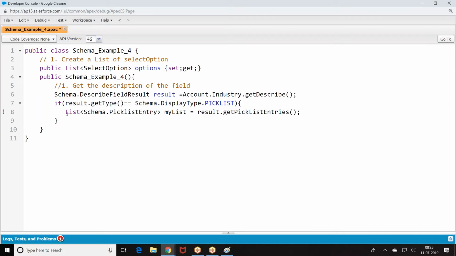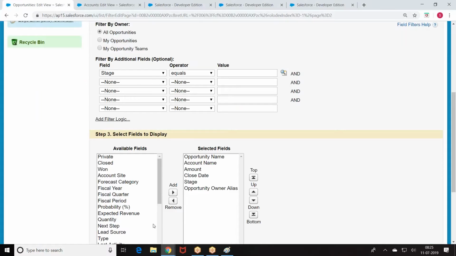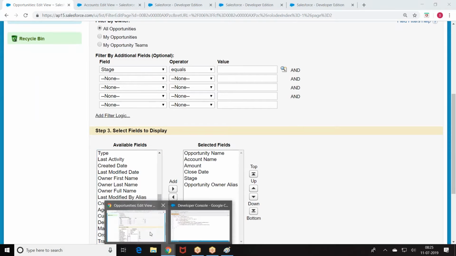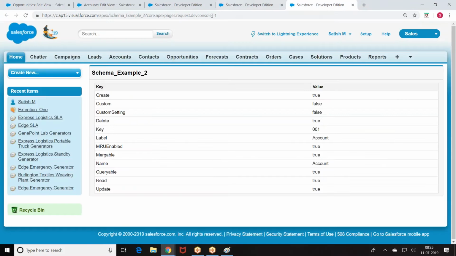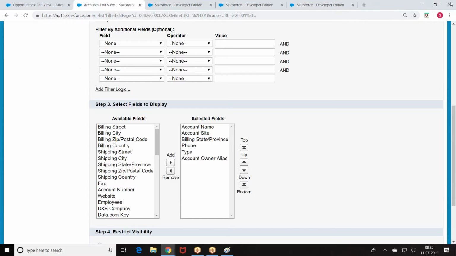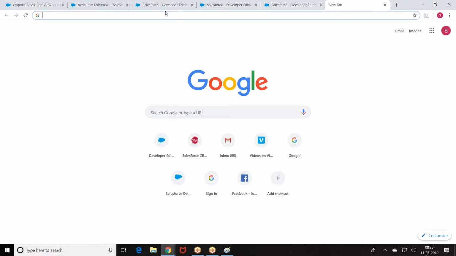Just give me one second. This is not working for me. Okay. One quick minute. There's a functionality bug from my end. What was the bug? Let me find out.